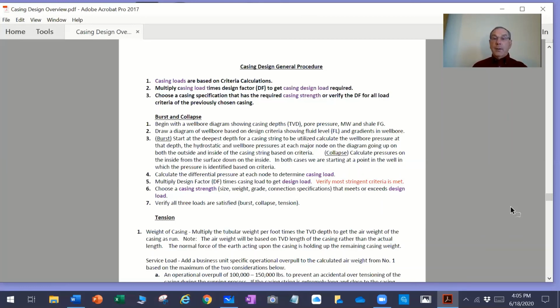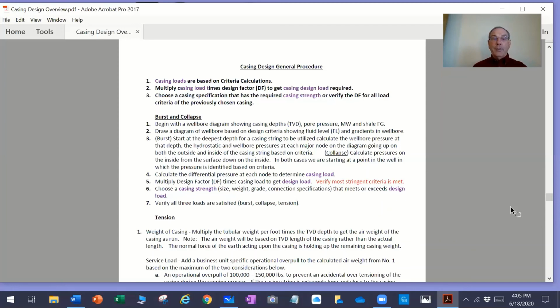Then you've got to verify that the most stringent criteria is met. So you would calculate it based on a drilling criteria, but then you might check to see if the criteria is a worst case for bullheading or some other criteria. So you want to check all the criteria and make sure you're using the worst criteria for that application